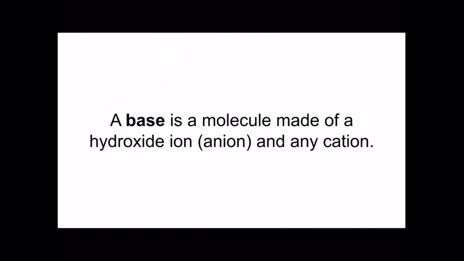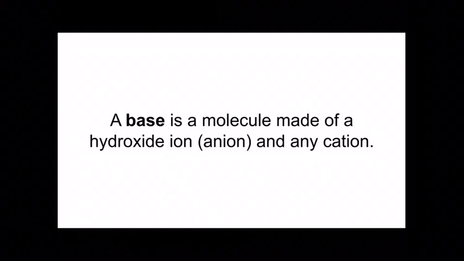Okay, now let's look at the flip side of it. The flip side of it is a base. So a base is a molecule made of a hydroxide ion, and so that's the anion in this molecule, and any cation. So again, a base is a molecule that is held together through an ionic bond. And remember, ionic bonds are not the strongest of the bonds in the world. They are moderately strong. But this ionic bond holds together the two parts of a base,